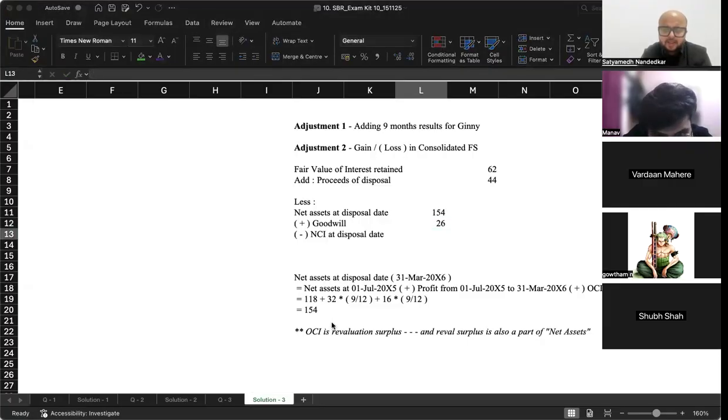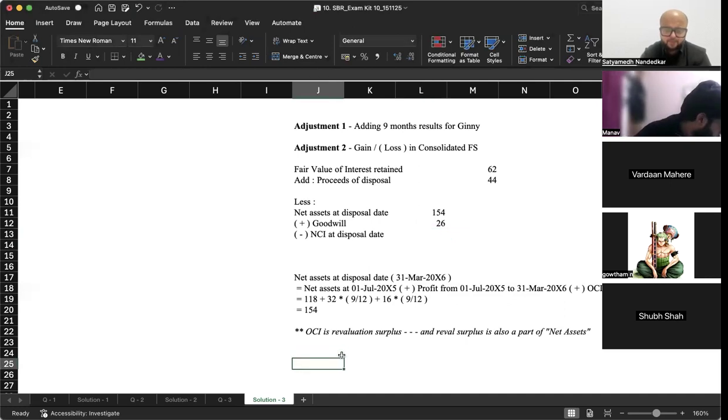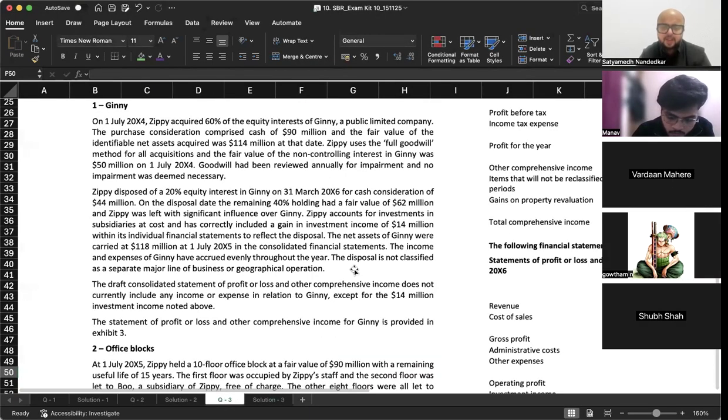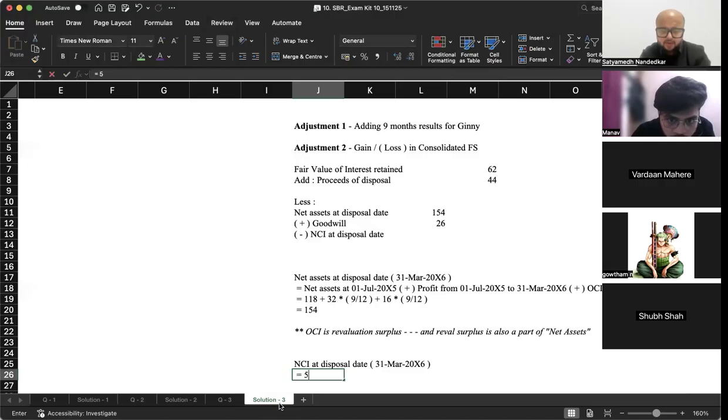26. NCI at disposal date. NCI at acquisition plus share of NCI in post acquisition है ना. NCI at disposal date which is 31st of March. कैसे निकालेंगे? NCI at date of acquisition कितना था? 50 million. 50 million plus पूरा post acquisition impact you will have to consider same as above. Yes, sir. 50 plus 4 million into 32 into